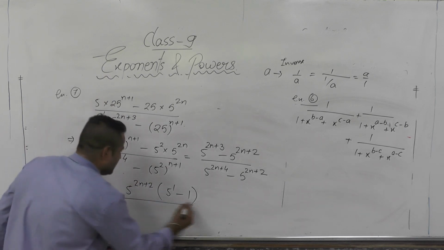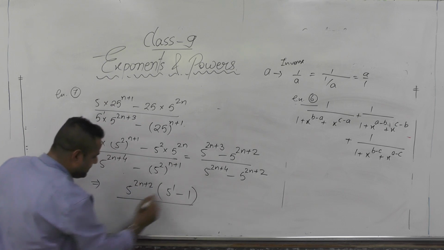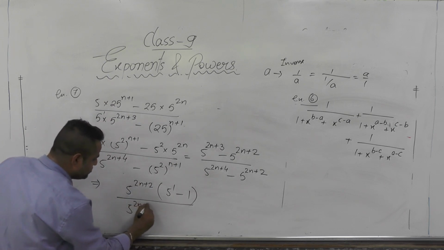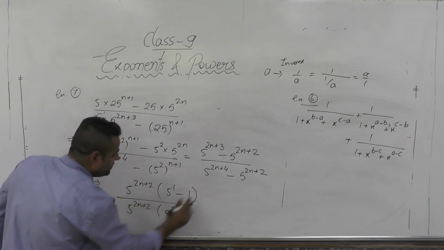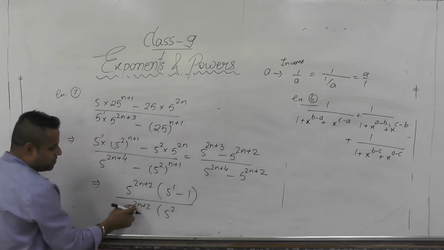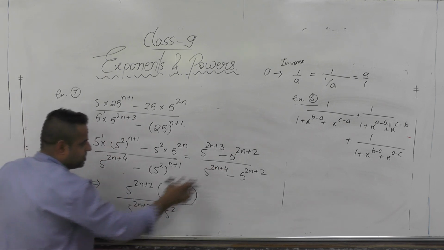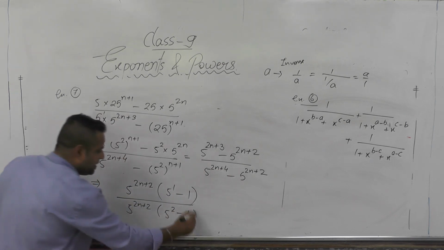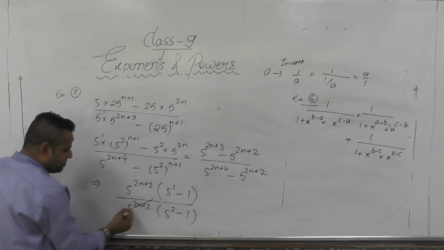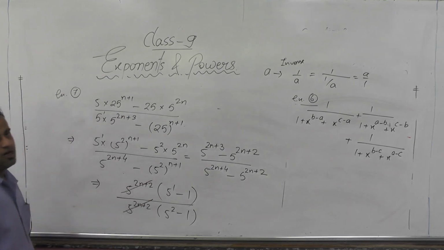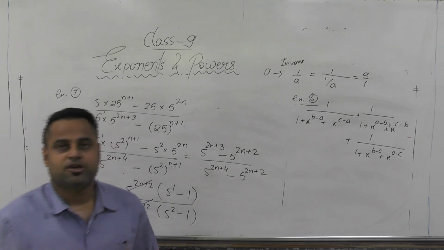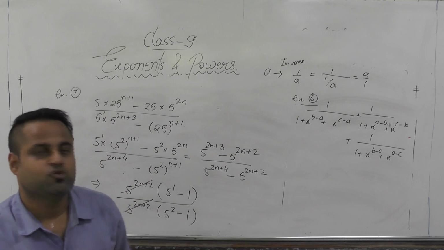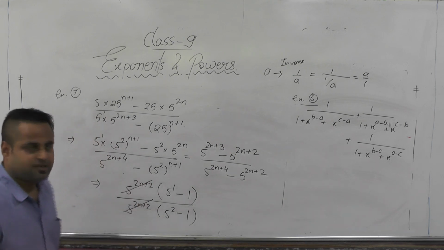Don't forget that. Here also in the denominator I can take 5 to the power 2n plus 2 common. Here 5 to the power 2 will remain because 4 is there, so when you take 2n plus 2 common, 2 will remain here. And here nothing will remain, I will write it as 1. Now see, 5 to the power 2n plus 2 simply gets cancelled with this. Either you can subtract it, it will become 5 to the power 0, which is also 1, and you can directly cancel it.